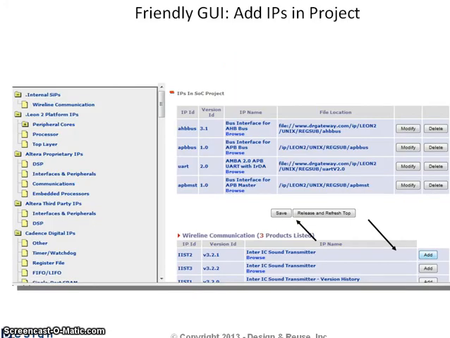The GUIs are always very simple in D&R IPMS. On the left side, you have examples of IPs. On the right side, you have projects that are declared in the listing with an IP manager. At any time, you can select an IP at the bottom. You select first the catalog. I want to take an IP from a catalog called Wireline Communication. I click on it on the left. It shows up on the bottom. Then I click on the IP I want to add. I take the row and click on add, and automatically the IP will be clustered in the project above.